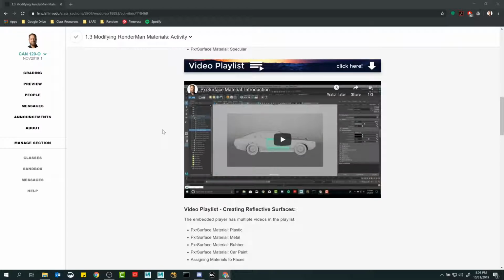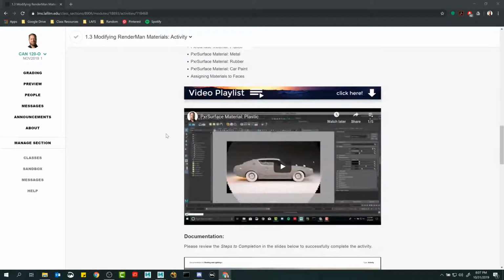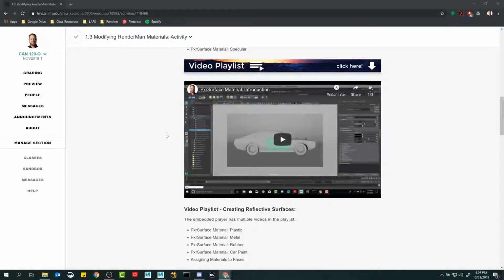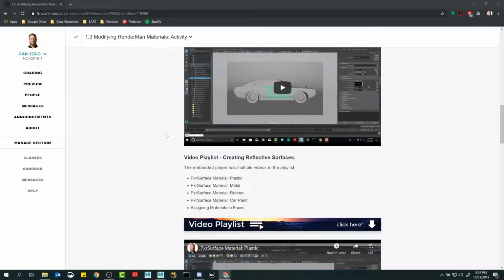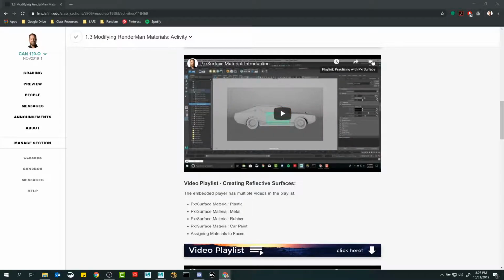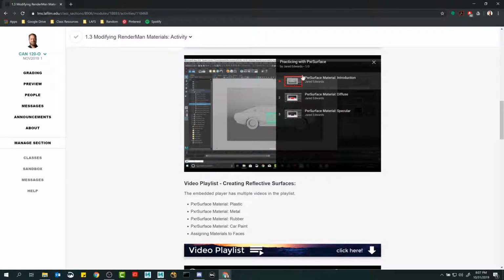It's probably doubled or tripled since I started using RenderMan, and presets are really going to be the way of the future because we want stuff to be automated more and more every time we use these softwares. So that library is just going to get better and better every release of RenderMan. But while presets are fun, I do think it's still important to understand how the Pixar surface material works